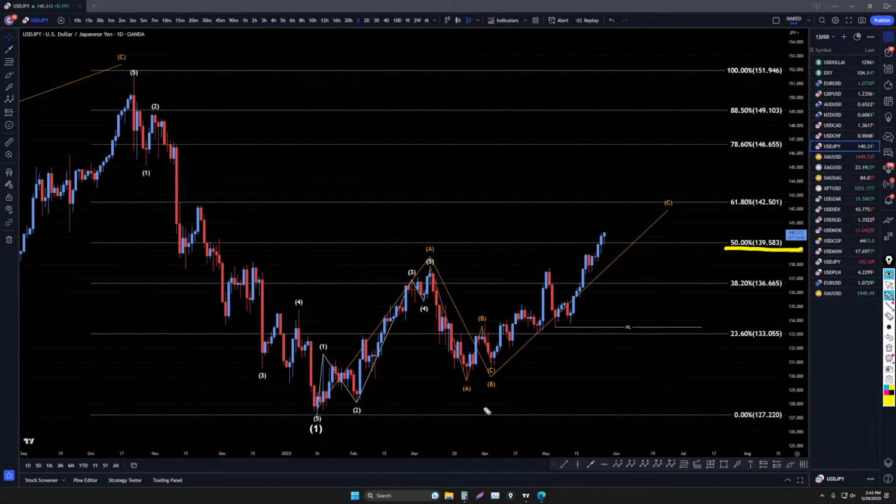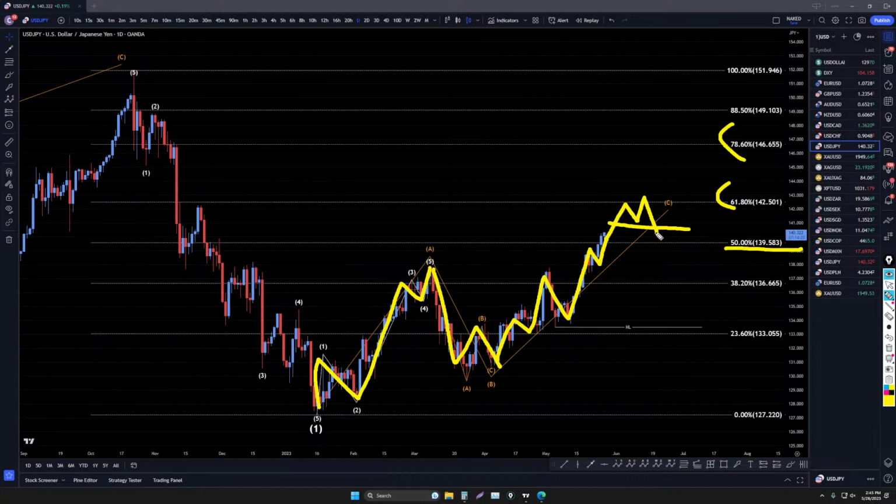I've been saying for quite some time that this may actually turn into a wave 3, and if it does, it definitely doesn't matter to me because I'll be looking for longs on shorter time frames in a ways. 1, 2, 3, 4, 5 looks like an A. 3 waves down looks like a B. And now we're definitely trending up for what looks like it still could be a wave C. If it is a wave C, then you'll see a break of structure to the downside, most likely at one of these last 2 Fibonacci levels before it ends up continuing the downtrend.